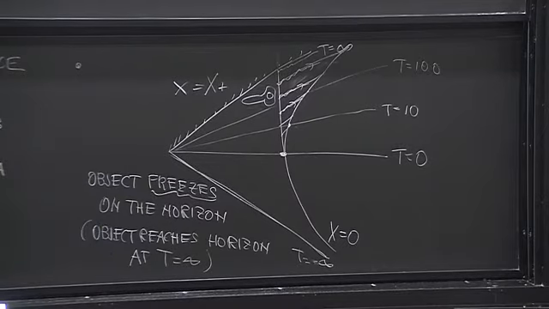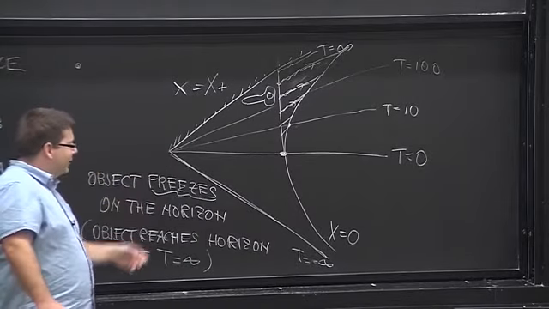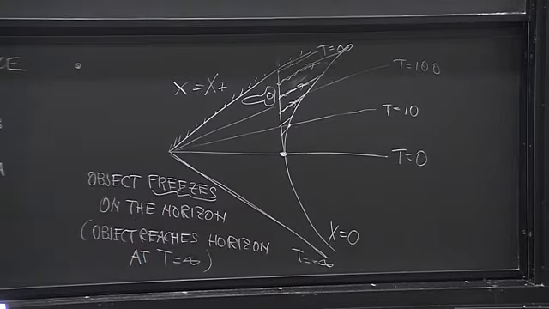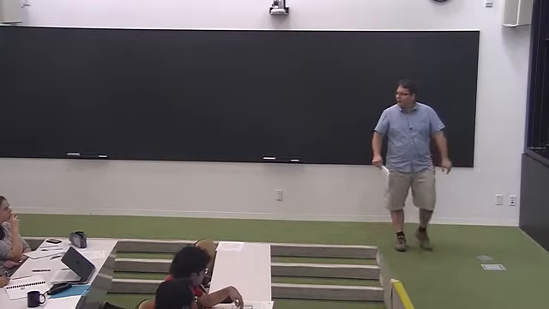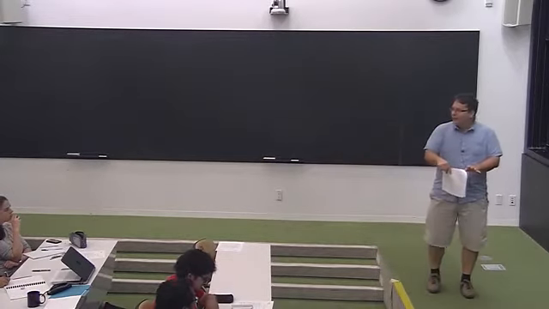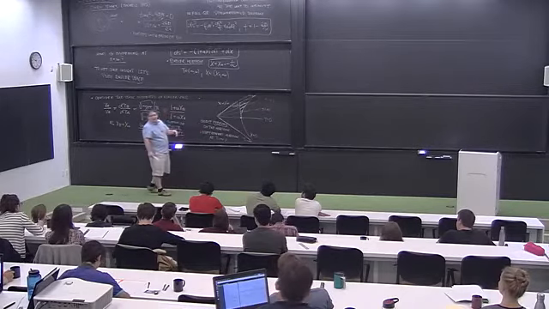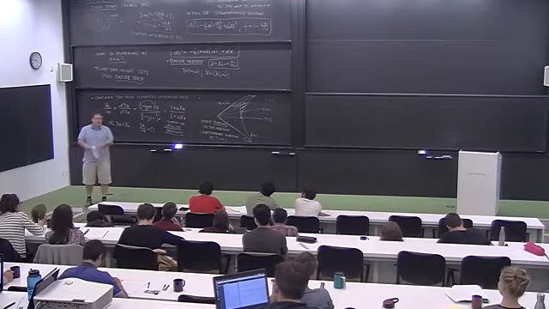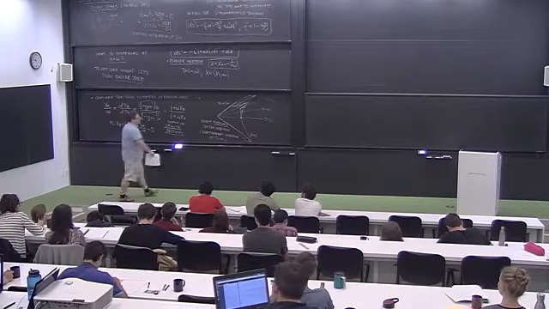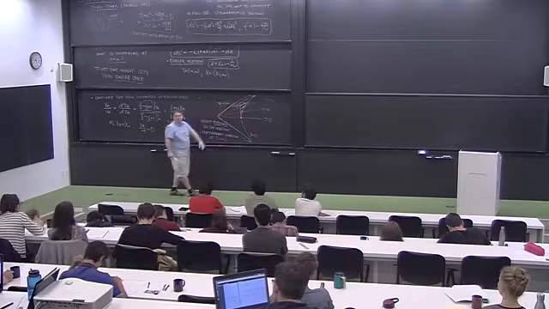Because of this property, when we discuss the same thing for black holes, these objects, especially in Russia, were first called frozen stars, because whatever you sent to the horizon of the black hole got frozen there. But in the end, it was Wheeler who coined the term black hole, and everybody liked it. So frozen stars were abandoned, and now they are called black holes. But it's this property that whatever you send towards the horizon freezes on the horizon. It never crosses the horizon.